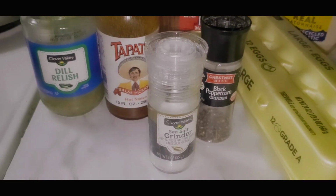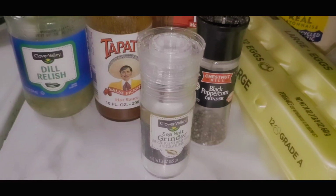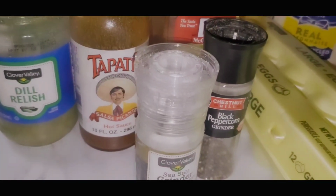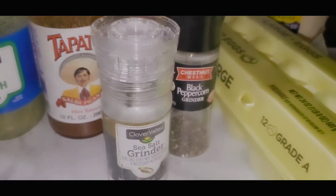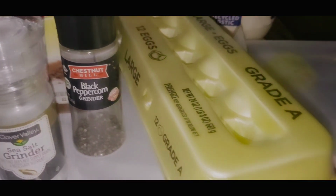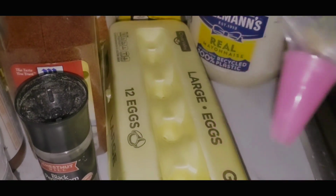Okay, for today's video, I will be making some fried deviled eggs. The ingredients I need are dill relish, hot sauce, which I use Tapatio, sea salt, black pepper, and some eggs. I have this for the filling,